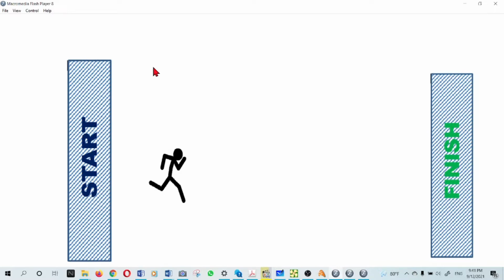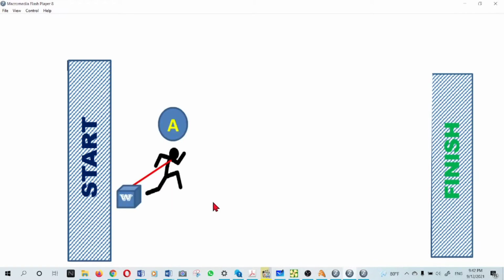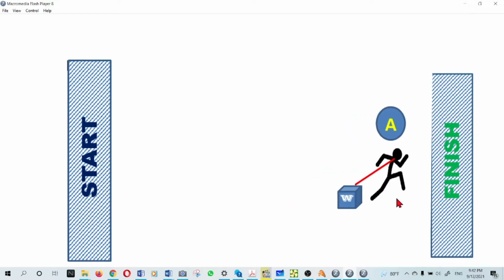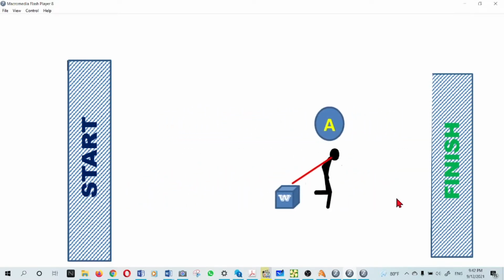In the same scenario, I'm going to give an example using a man. This man has to run from start to finish, not at his full speed, but he has to carry some load and he has to maintain some speed as per our requirement, and he should complete the race. So this is the requirement. Suppose without a load this man can run at his maximum speed, it's fast. But once we connect some load to his body, then he will not be able to run at that speed, depending on his capacity, his strength, his courage,